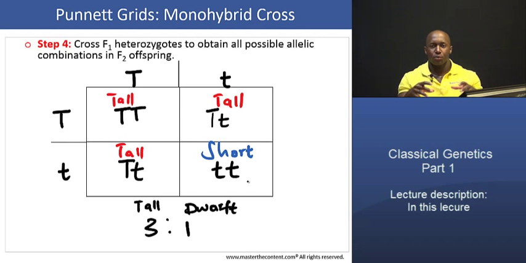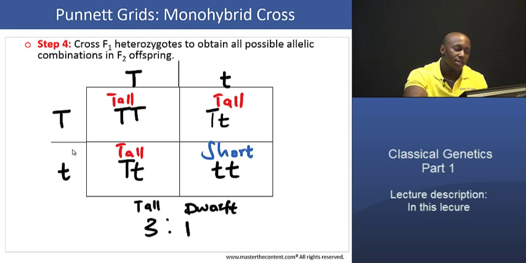So using a Punnett grid, we have very easily described or shown what a monohybrid cross is, which basically explains Mendel's law of segregation. So these alleles are segregated independently, segregated from each other, and found themselves in individual gametes, either in an egg or a sperm, depending on whether you're talking about a male or a female. Now,